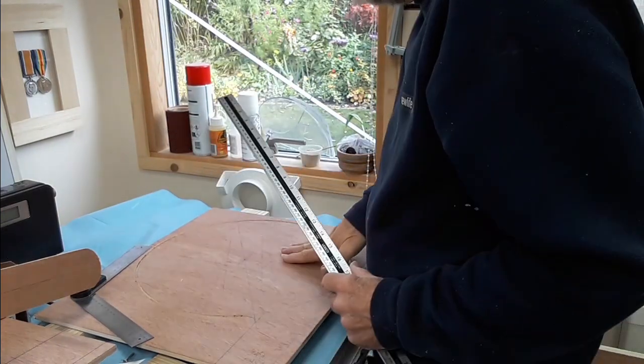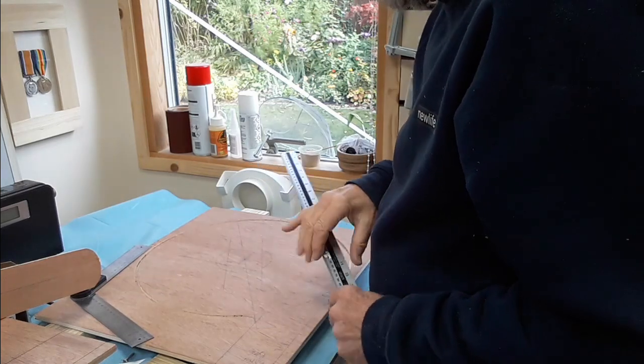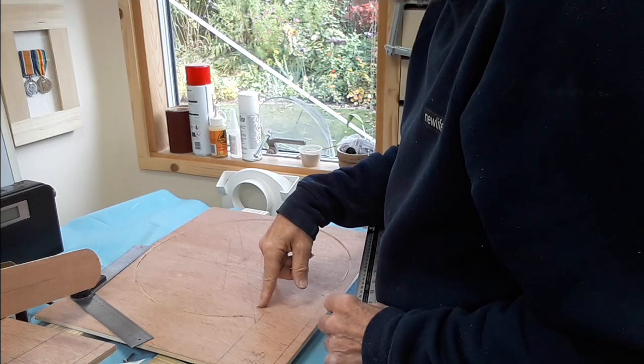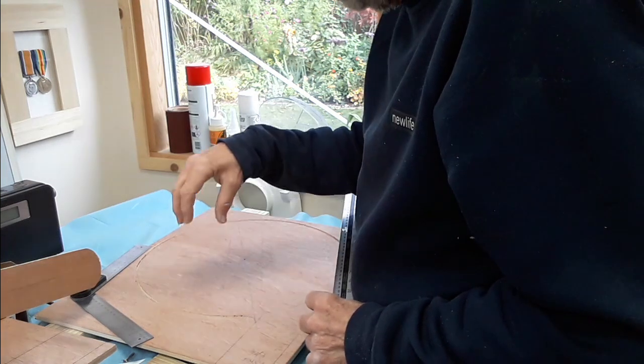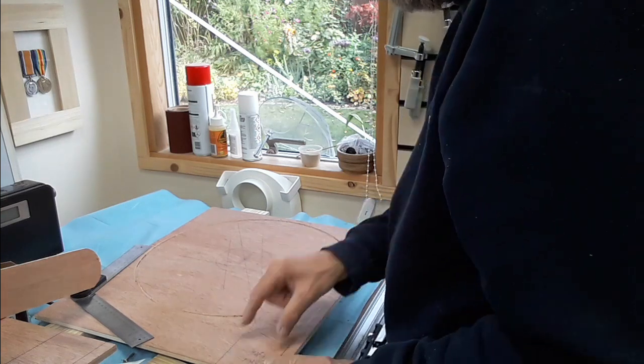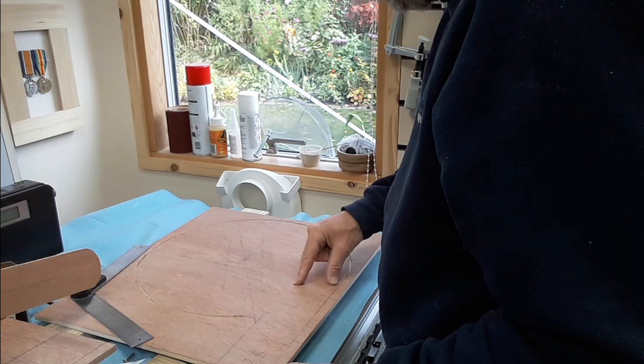Having cut the main groove for the polycarbonate, I've now got to cut right through for the groove that the dust drops down. The idea is that it comes in through this pathway here, and then